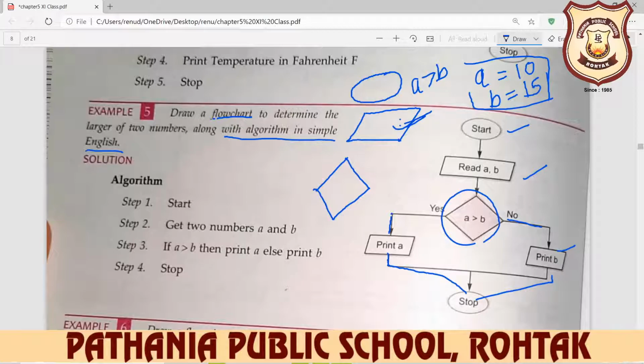And what is the algorithm for this? Step number 1, start. Simple, like English language, you write here.